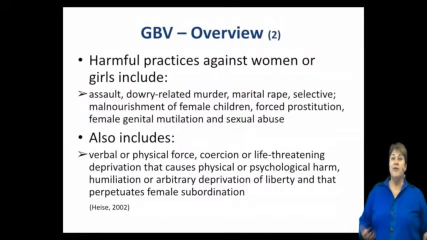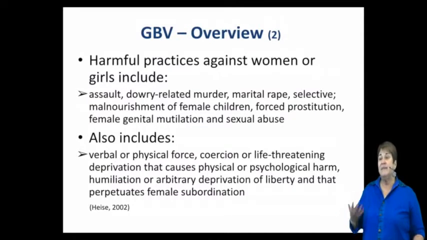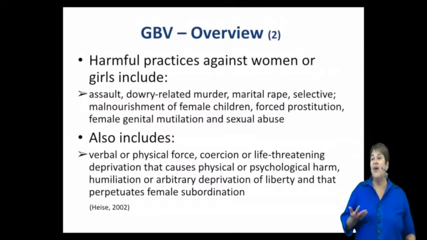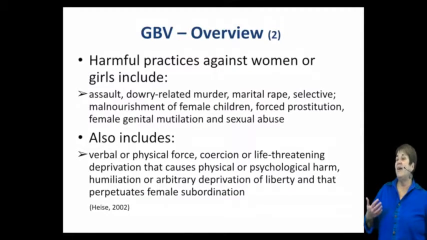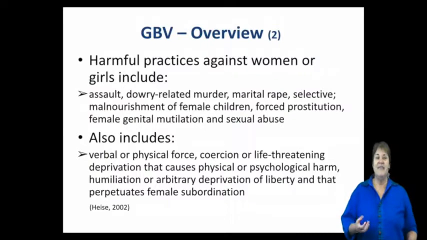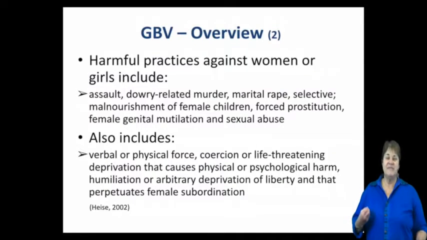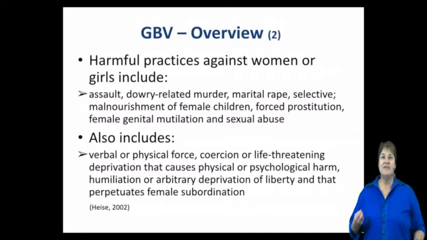It also can include verbal abuse, emotional coercion, or some sort of life-threatening deprivation. For example, if you threaten to withhold something from somebody or to do something to them, or if you humiliate and belittle them. For example, I once had an aunt whose husband had a shop, and she used to work in the shop, and he would give her a certain sum of money, but it wasn't enough for housekeeping. So she had to steal from the till in order to cope. That sort of economic deprivation can also be seen as a form of gender-based violence, of abuse.